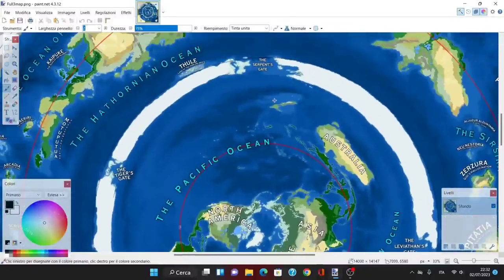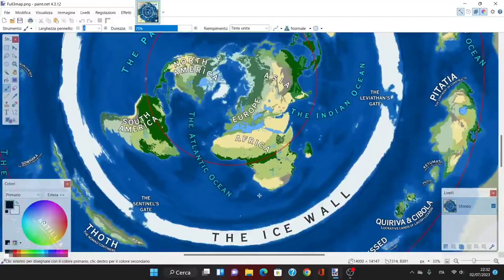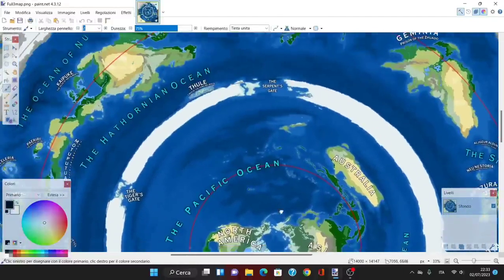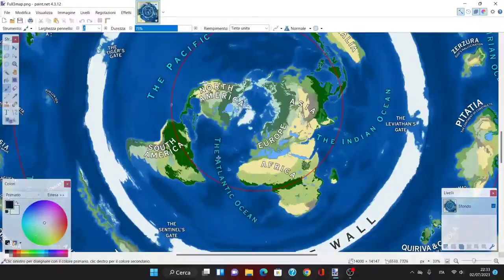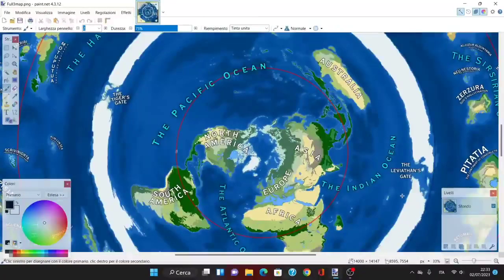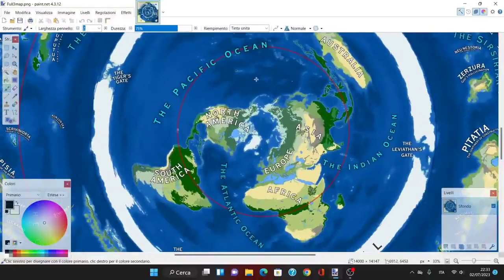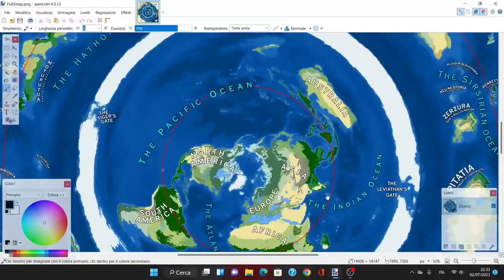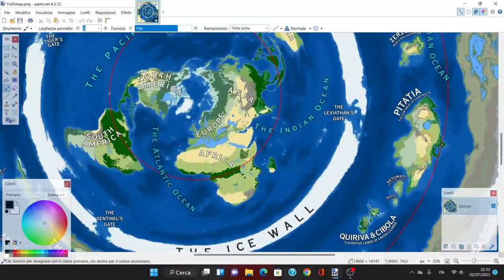Then there are the four gates. The four gates are something we developed on in the Beyond the Ice Wall series, and to make it short, there are four gates that divide the inside of the ice walls from the outside of the ice walls. At least that was the theory before we had more ice walls. But in this map, we can see that the initial ice walls that divide what we call our Earth from the other Earths is, as you can see, divided from these four rings, which are the Leviathan's Gate, which is